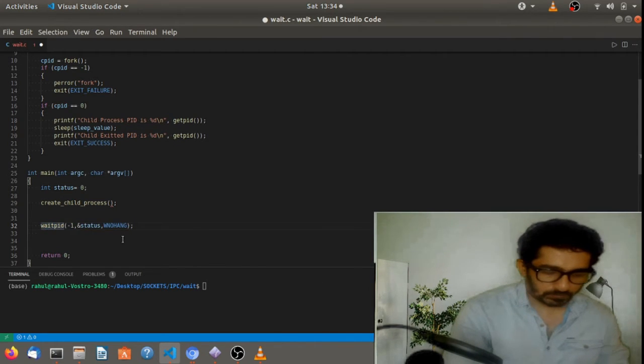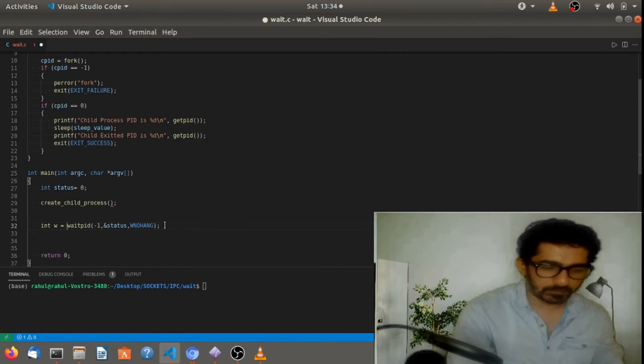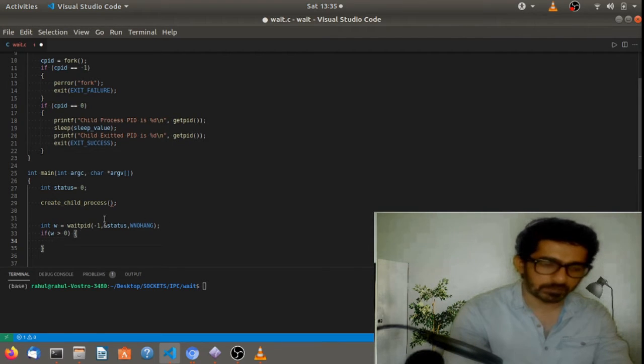So let's check the return value. I'm taking a variable w and checking the return value of this waitpid. If the value is greater than 0, then we can say there is some activity in some of the child processes that are monitored by this waitpid. So what are the different states we have to monitor?